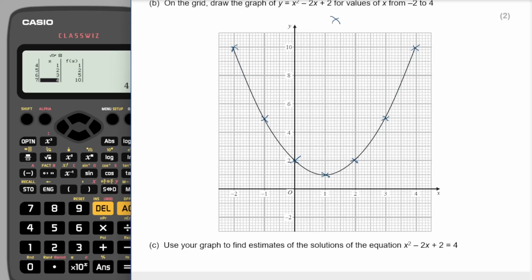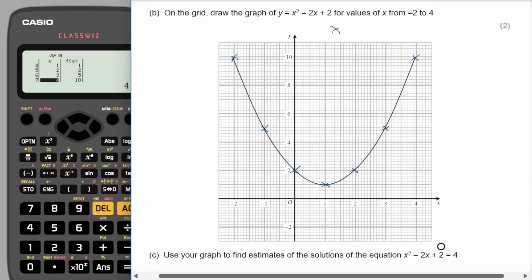So use your graph to estimate the solution of the equation. It's always worth double checking. I haven't seen it for a while, but just check that the left hand side of the equation is equal to the original equation. So this is the equation of x squared minus 2x plus 1 plus 2, and in effect we want to compare that to the graph of y is equal to 4. So y is equal to 4 is going to be